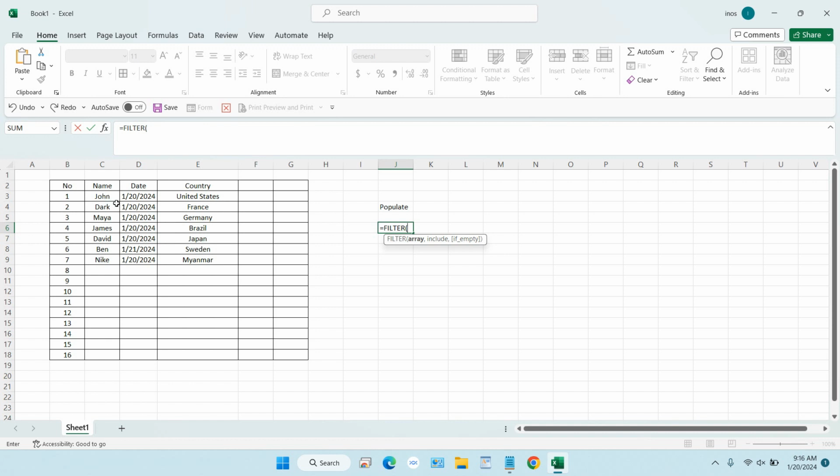For example, we have just this table. Make sure if we also select the blank space in here, it will also populate, so be careful. I will just use this because the data is only this, and after that we can just use a comma and select